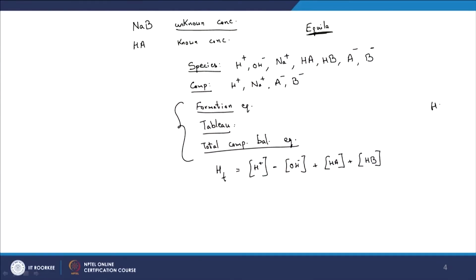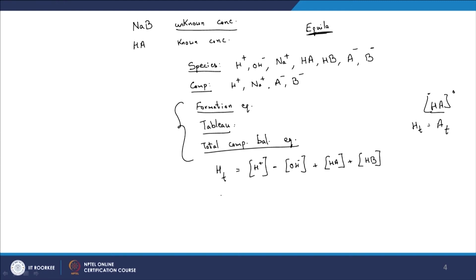So we have this particular case. Again, what is H total equal to though? We want to transform this equation, or remove those variables which are irrelevant to us and substitute them with variables that are relevant to us. So H total, what is that equal to? That will depend upon what it is that we are putting into the system, right. So what is the only source of H total? If you look at it, it is the HA that you are putting into the system, or HA naught, let us say. So obviously H total, as you look at from stoichiometry here, or if you look at the component balance too, is going to be equal to A total, right.